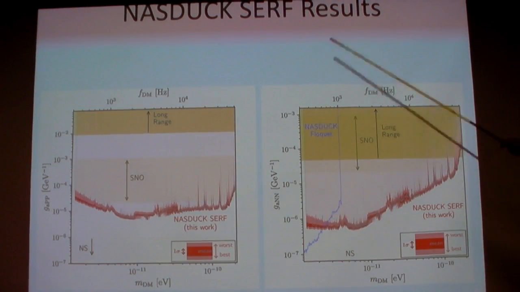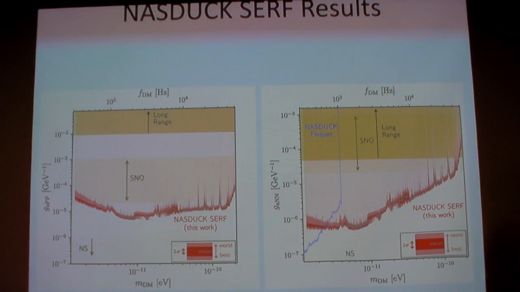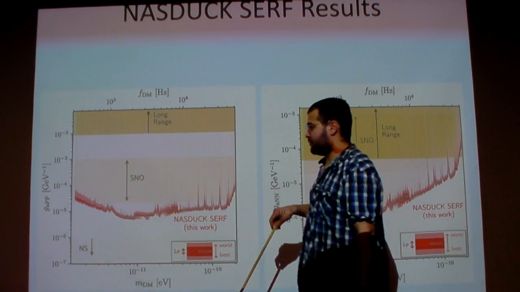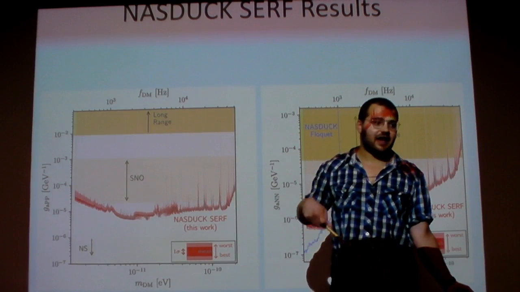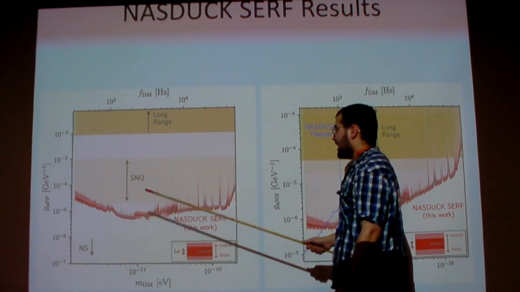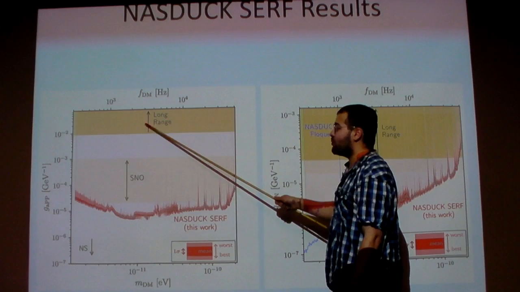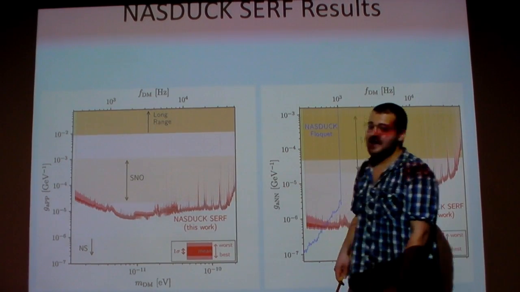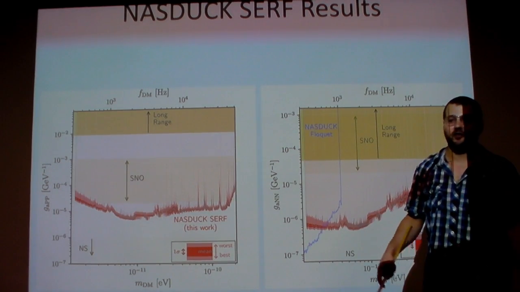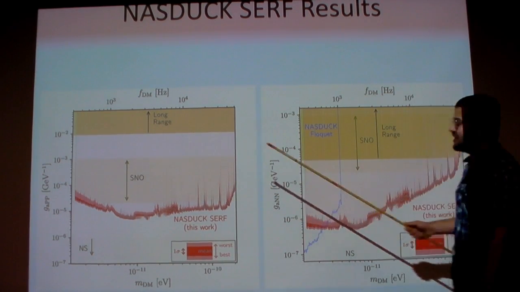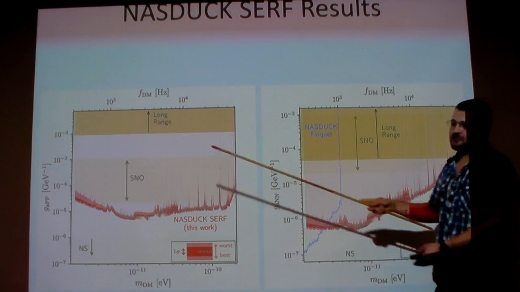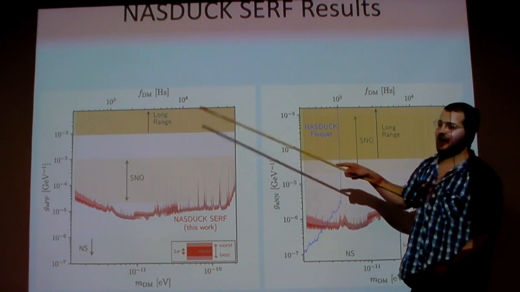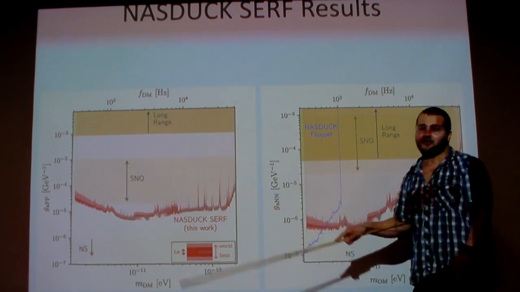Okay. So this was our results from the NASDUCK SURF. There's a little fun fact. So we also put bounds on axion-proton interaction from the fact that the alkali have a nuclear spin. And strictly speaking, there was no previous constraint in this specific range between 10 to the minus 2 inverse GeV to 10 to the minus 3. Admittedly, I cannot think of a single model where you would have such a giant interaction with protons, no interaction with neutrons, or you could even produce dark matter. Like, this is a very weird model that no one thought ever existed, but it's nice to actually exclude it